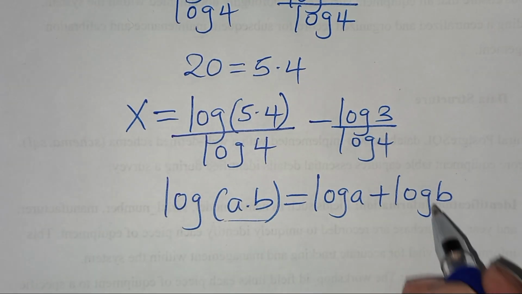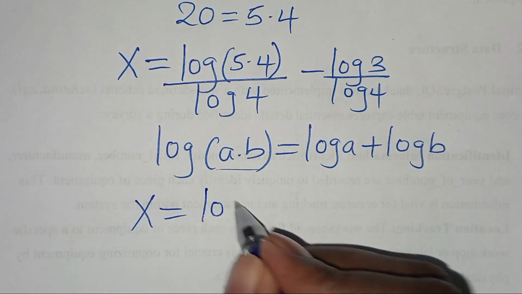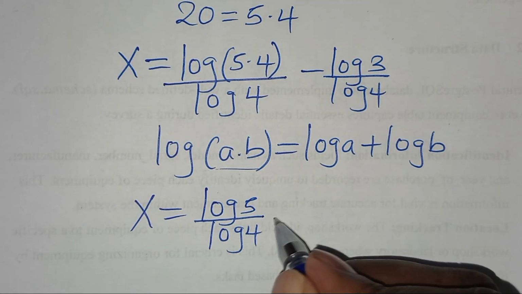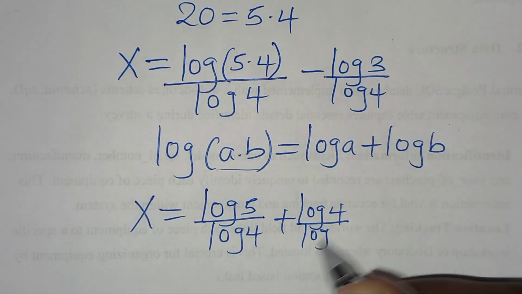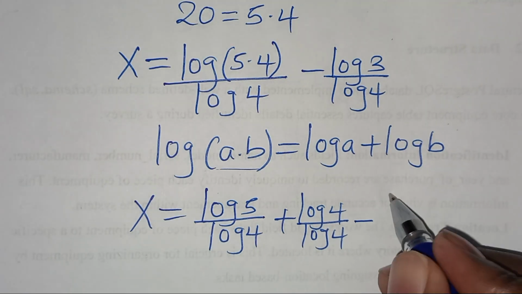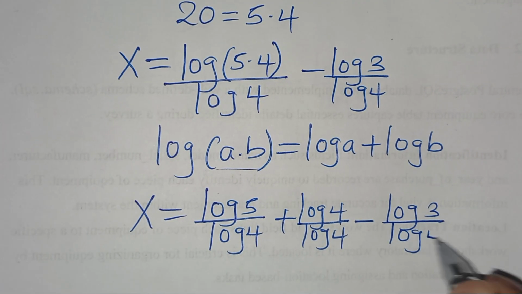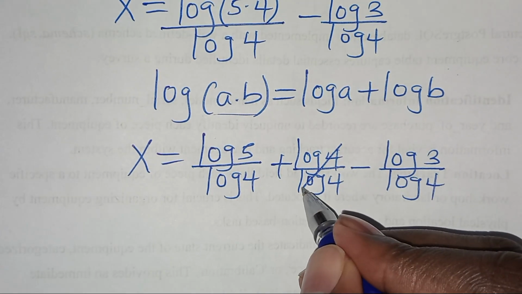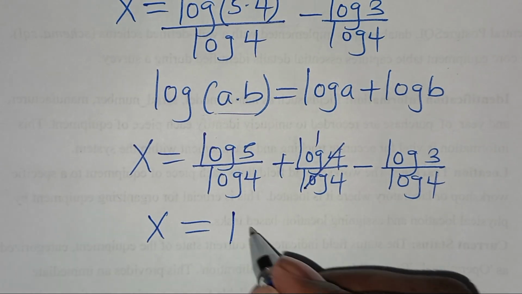Applying this logarithm property, we'll have that x is equal to log 5 over log 4, then plus log 4 divided by log 4, then subtract log 3 divided by log 4. Let's simplify here. Log 4 and log 4 simplify, so this is 1,